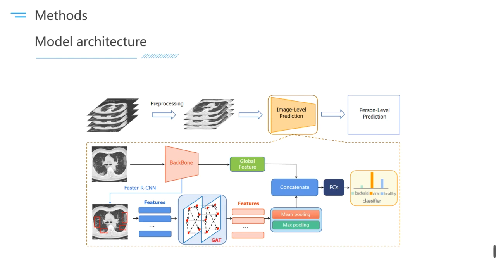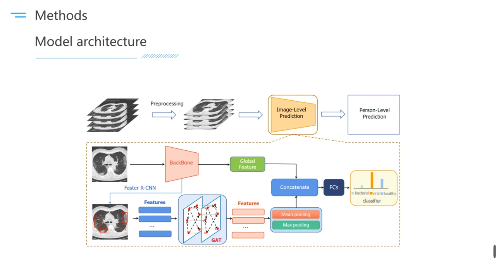Subsequently, a Faster RCNN branch is employed to detect the top K local lesion regions. The features obtained from these local regions are then fed into a graph attention network to further process the aggregated